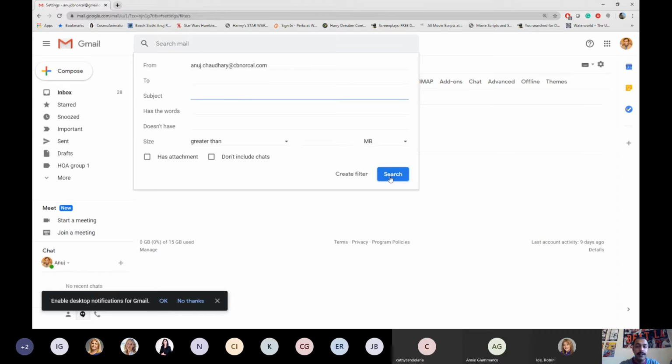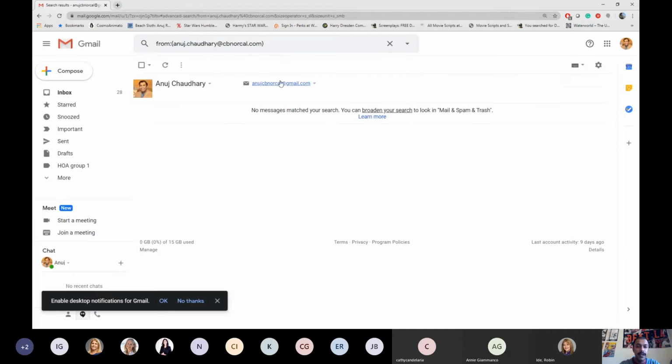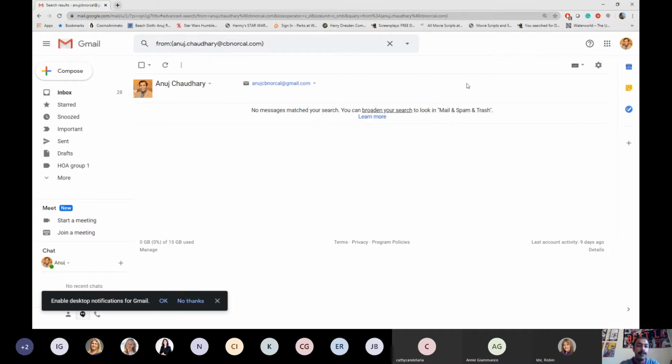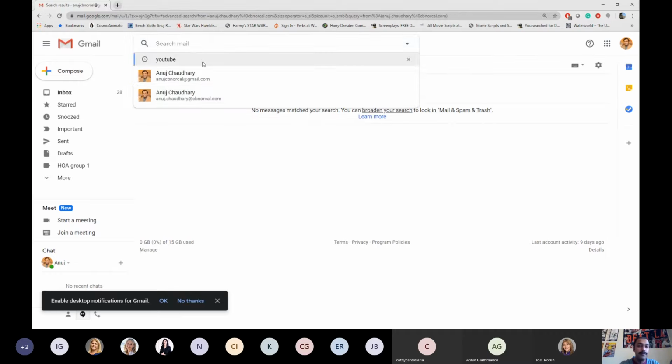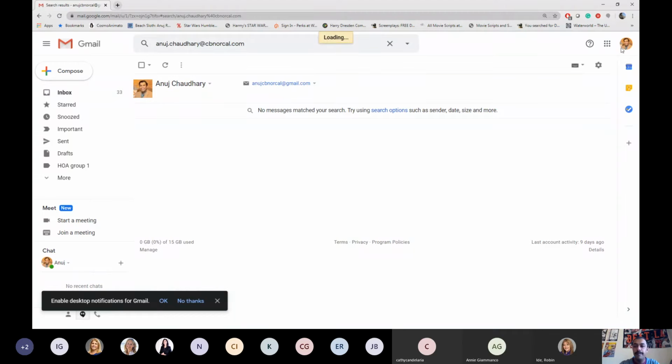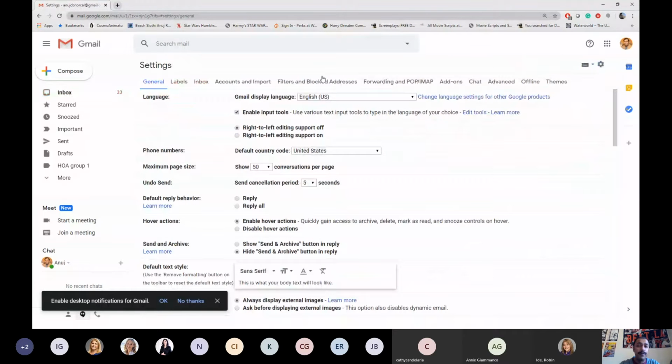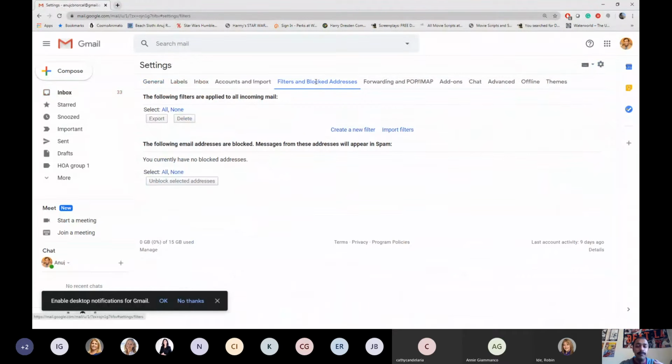Anything you want to put in here, we can hit search, and I found who I was looking for. If you wanted to, go back to settings. You can also, if you didn't want to use an extension, which was my first tip, to block specific emails or subscriptions or things like that, use another way to go